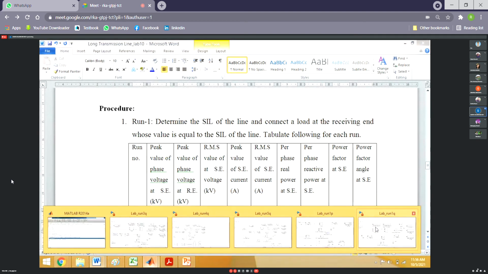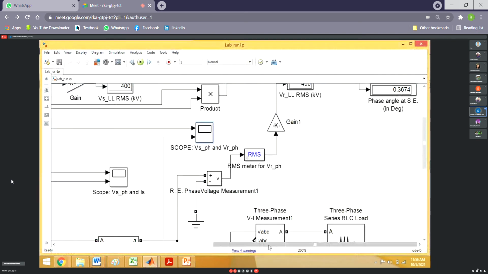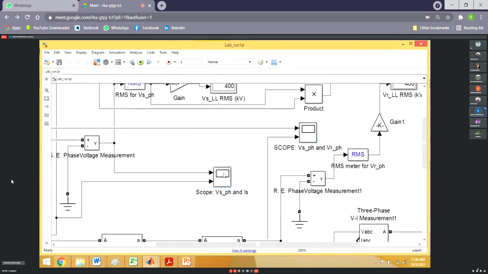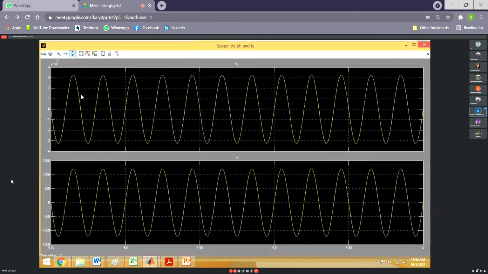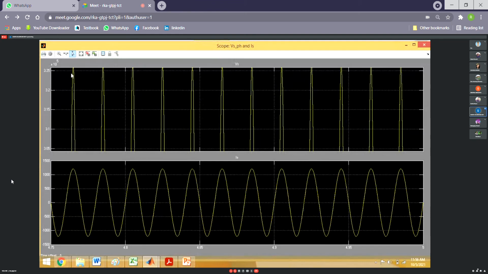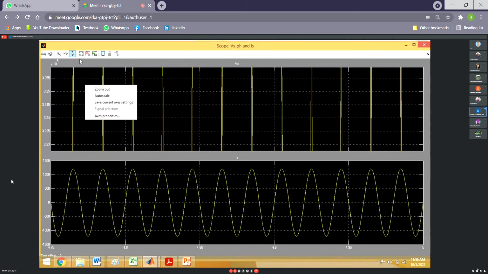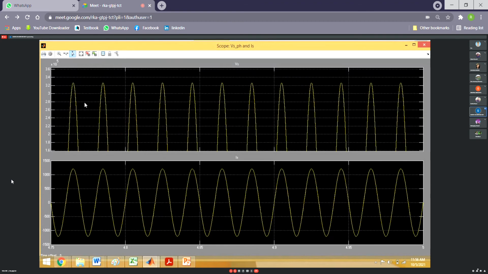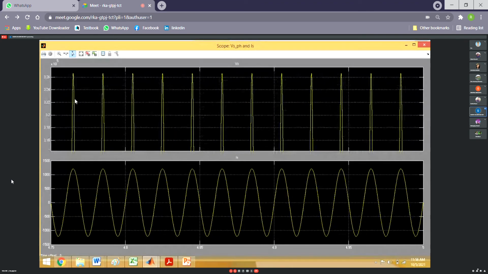Now there is another oscilloscope where we can see sending end voltage and current. Sending end voltage we have already seen. If we zoom from here, you see from the waveform they are showing that sending end voltage and current are in the same phase. But whether they are in the same phase or not, we cannot exactly assess from here. Then we have to draw a vertical line. So this will obviously be 3.266, which we have already taken, so that is not required.